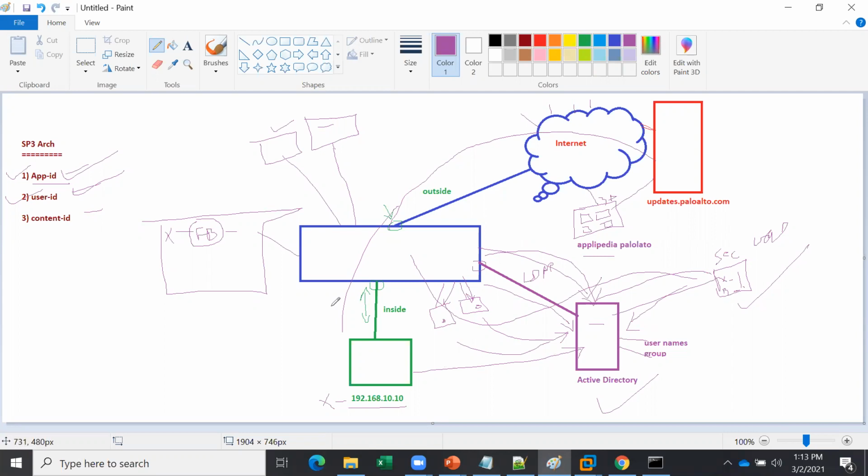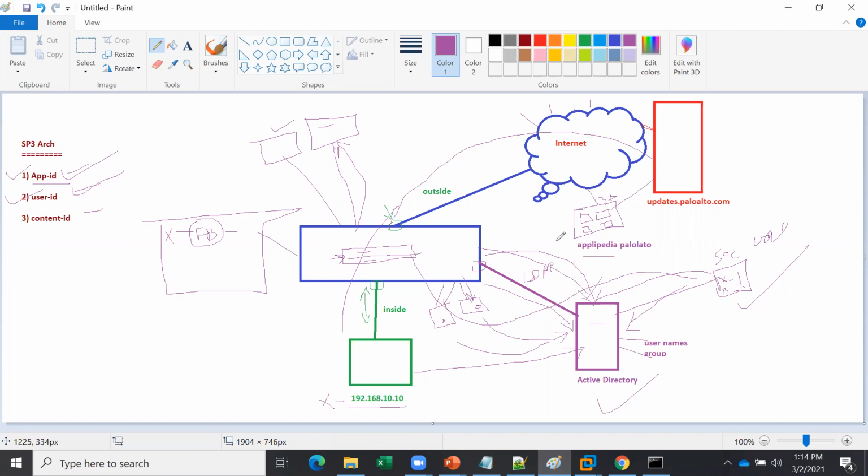So in that situation, you create a portal here, the Captive portal. When you use the Captive portal, whenever this user tries to access the internet, when they try to open the browser, they will get a login page: please provide your username and password. They will provide the username and password. Like this, the firewall will store that username and password, their IP address and the user. That's it, very simple.